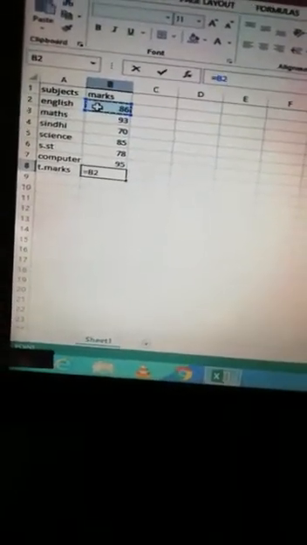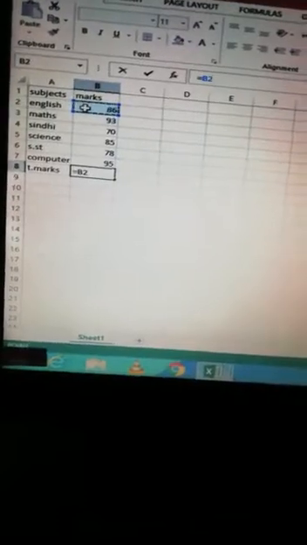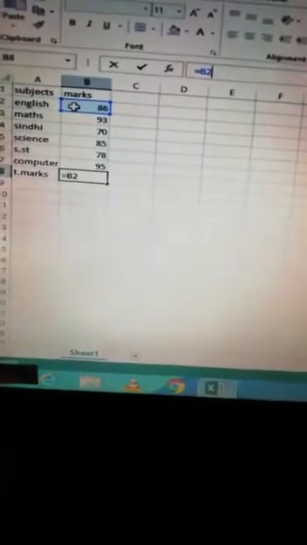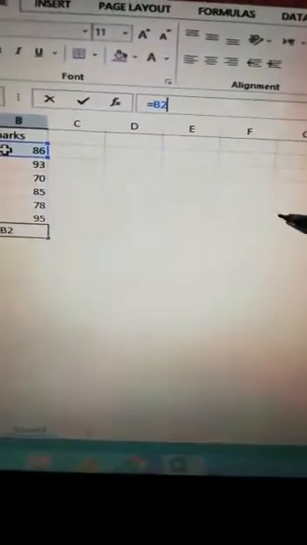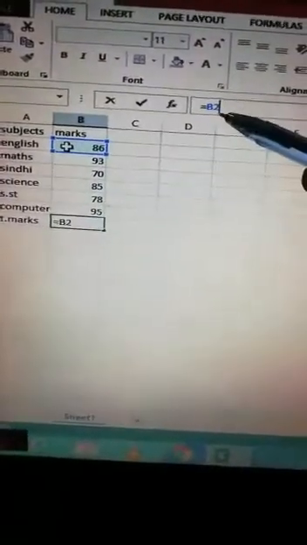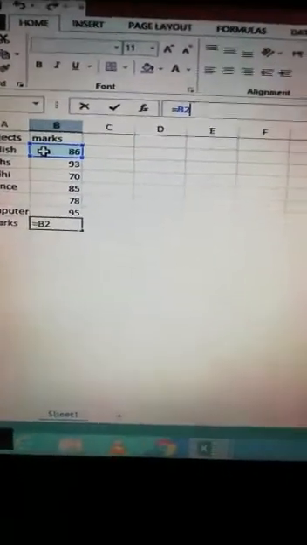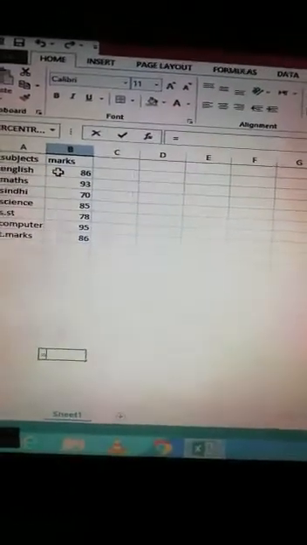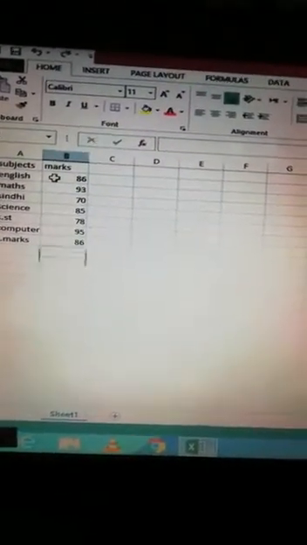So look, this is B2, B3. First B2 plus. When I click on B2, automatically B2 appears in the formula bar. After this I press plus, sorry, go back.